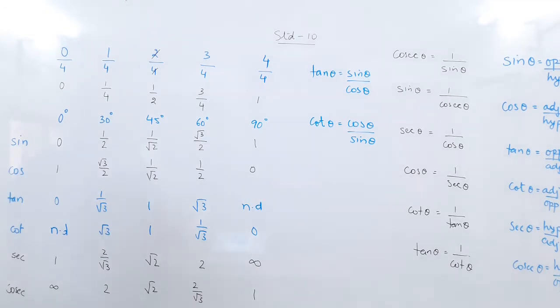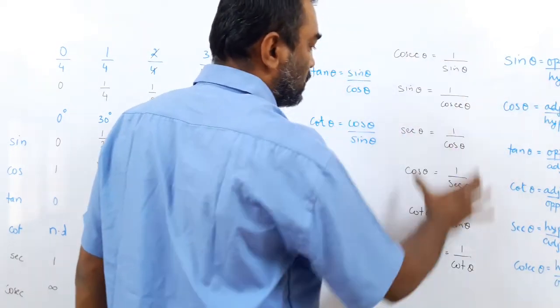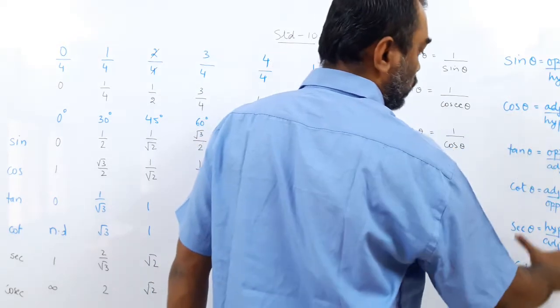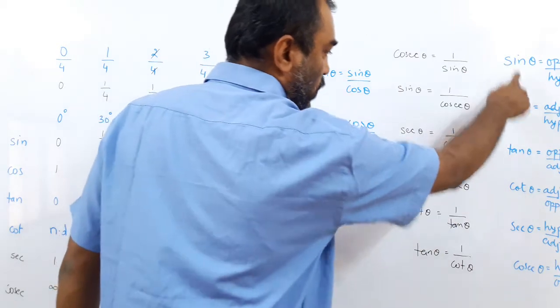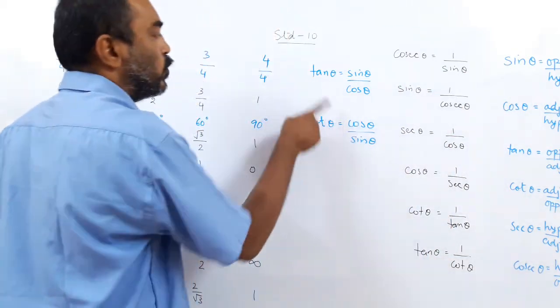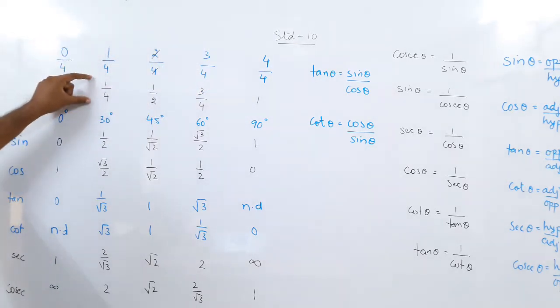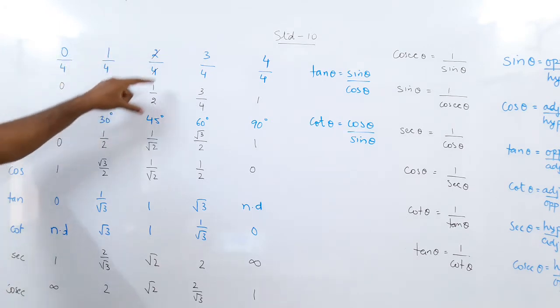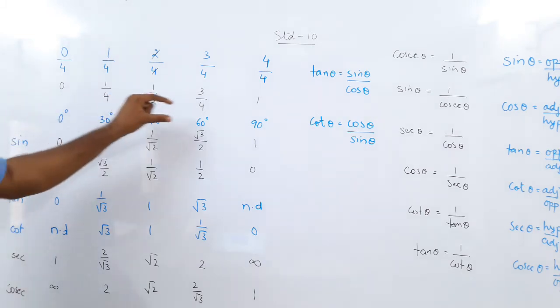So I have started from the reciprocal ratios. I saw the relations which are the reciprocal. So these are the trigonometric ratios. These names are given from the very start. This we have seen from this, the reciprocal. Then we come to the quotient identities. And here again a simple way to make the table. How it is done? We write 0, 1, 2, 3, 4. Divide everything by 4. And you get the simplified term. 0 by 4 is 0. 1 by 4 remains 1 by 4. 2 by 4 becomes 1 by 2. 3 by 4 and 1. Then I write the degrees 0, 30, 45, 60, 90.